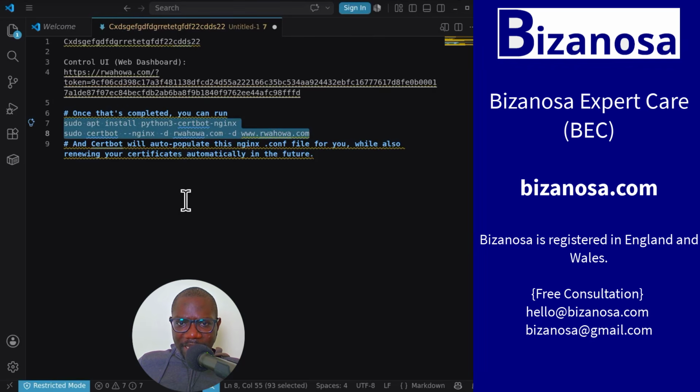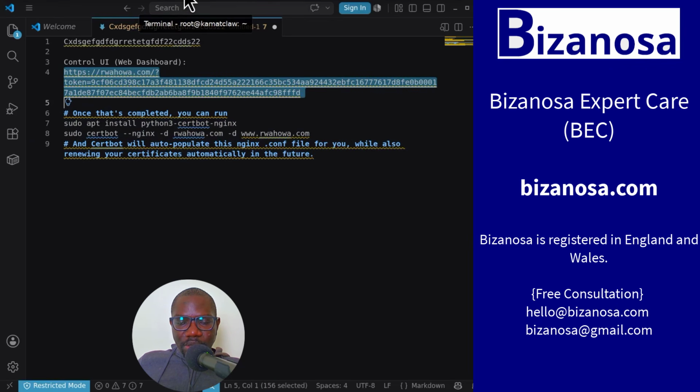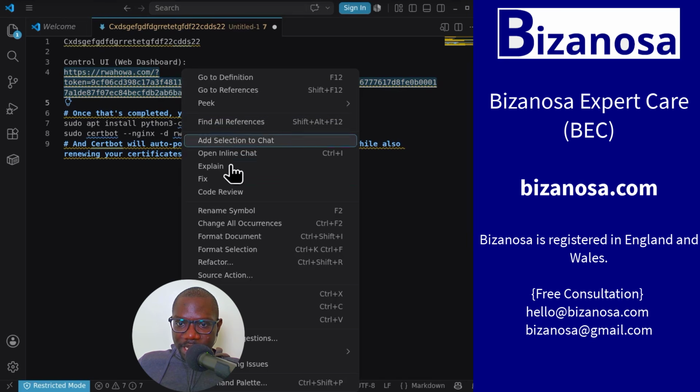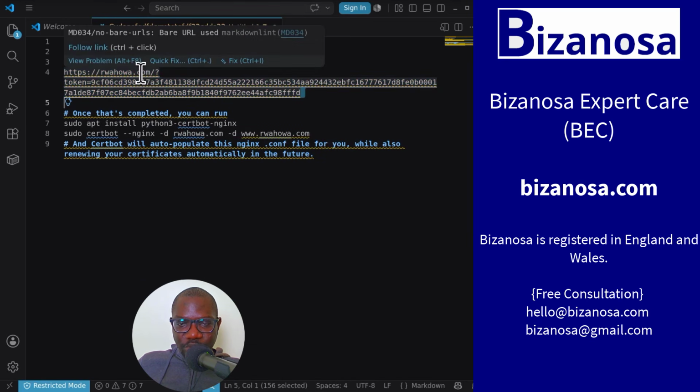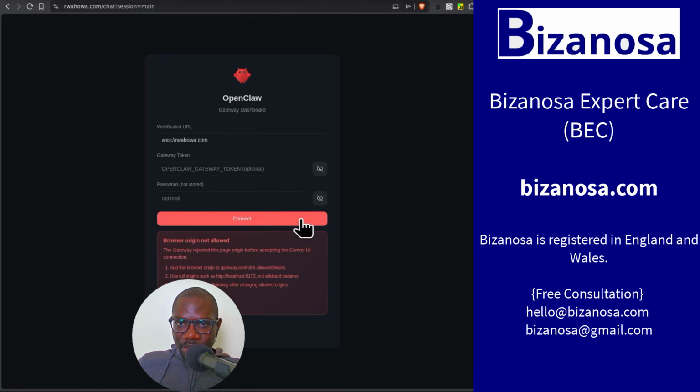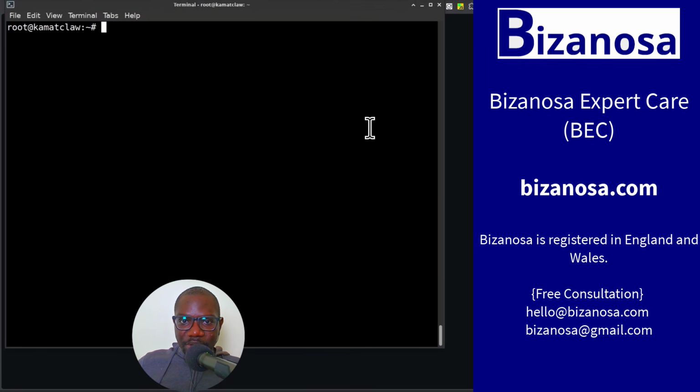Let's see if I can actually log in. So I'll just copy the link. From the Openclaw, from the Kamatera link that you had earlier, that is for accessing your Openclaw, just copy that. And make sure you change the domain name to point to the domain that you're currently adding. So I'm going to try and do this so that it can automatically enter my token for me. All right, so I haven't tried to log in. Let's just go back to the Openclaw server